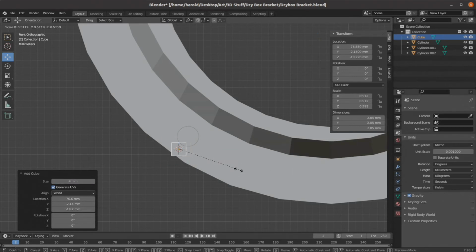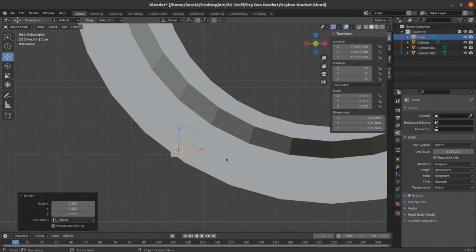So now if I go scale, I can see how much room. If I rotate that, now I can see how much. Now that's a little over 2 millimeters. 2 millimeters is not a lot of space. A lot of times I will keep my digital caliper around and I'll just open it up to 2 millimeters to see how much space that is in real life. And you might be able to get away with that, but I would be a little more comfortable leaving a